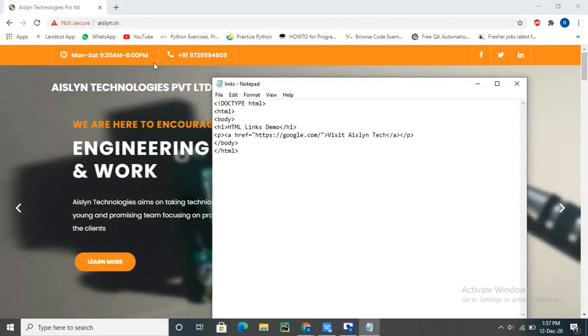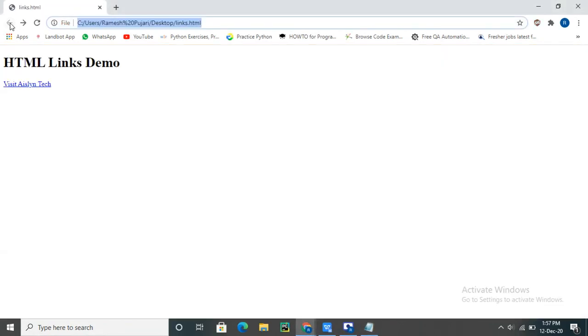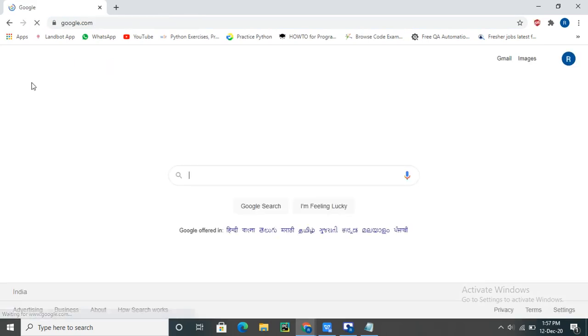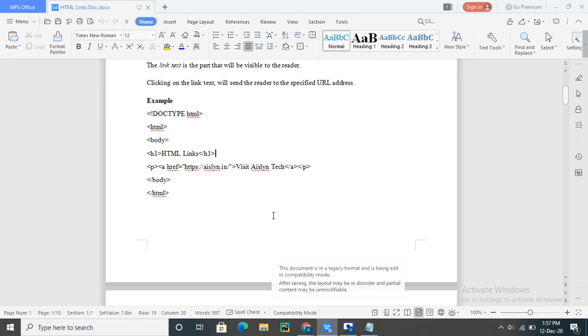Save the file, go to the browser and refresh. When you refresh, then click on the link. You can observe here, it will redirect to the Google page. Whichever link you want to provide, it will redirect to that link.